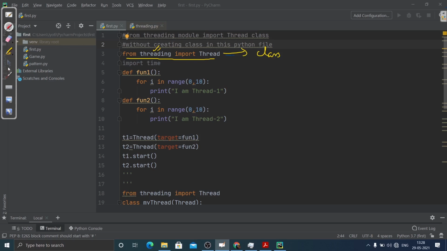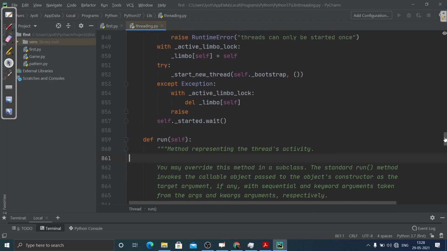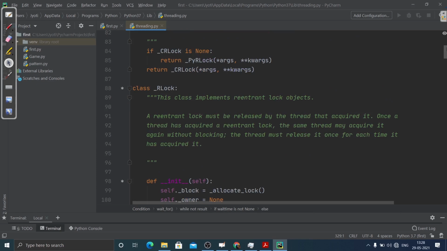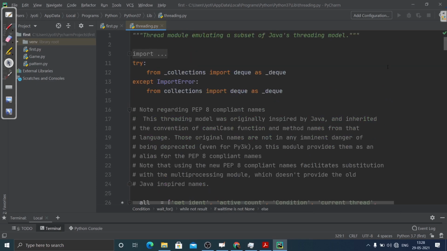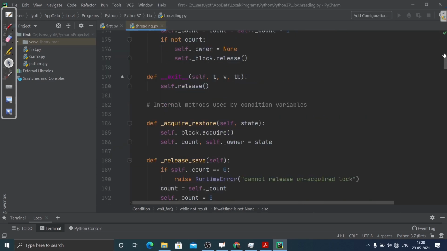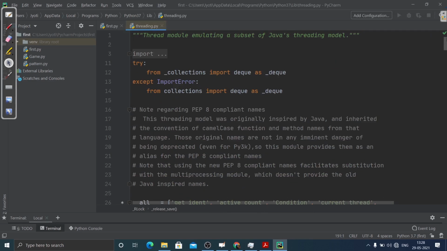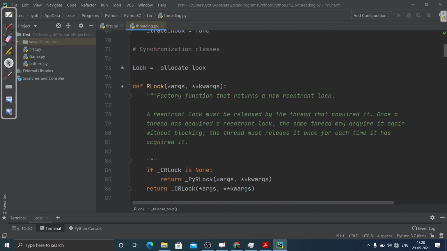Now, you must be thinking about how we actually see what kind of module it is. This is the built-in threading module. Here you can see, this is how it looks. It is already built into Python. You don't have to change anything. You can simply import any attribute from this Python file.